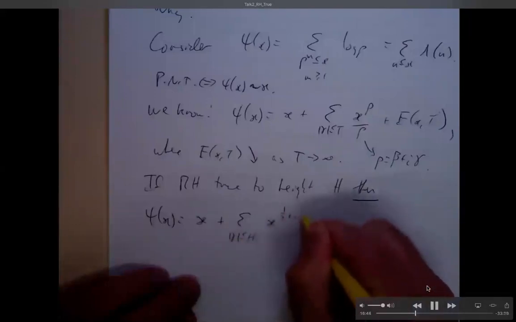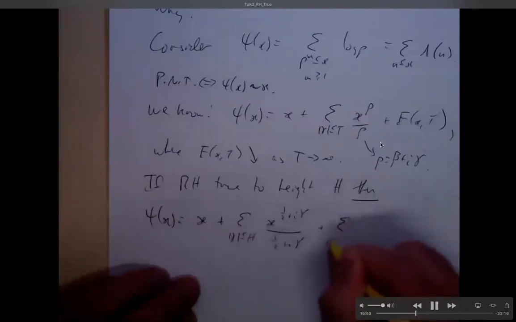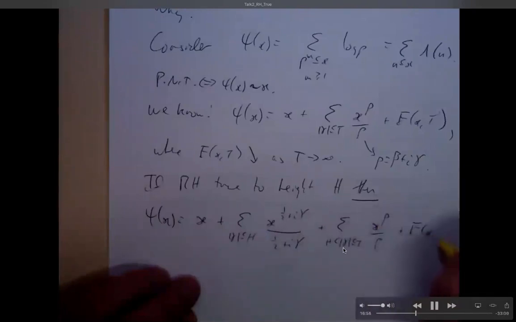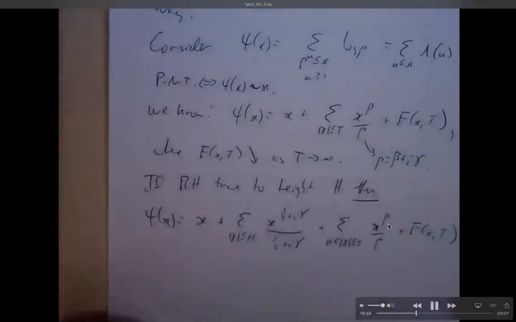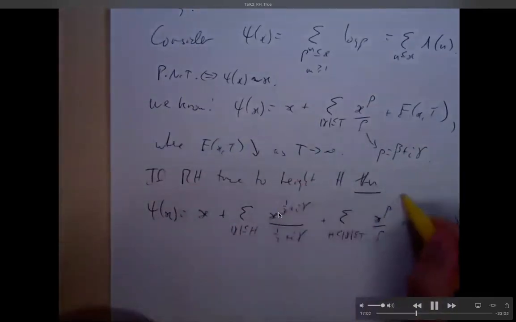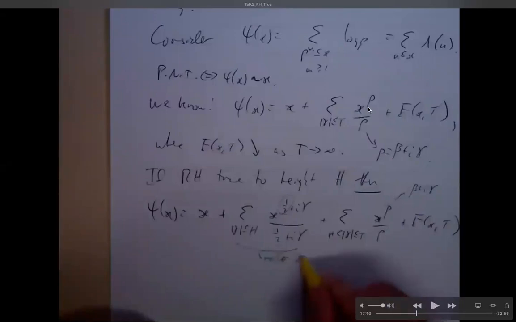Well, then I can split this sum up into 2 chunks. One piece will be the gammas up to height h, and they'll have real part half, and then there'll be the gammas that are bigger than h, and they'll have real part whatever they have. So what that means, this real part 1/2 is in general much, much better than the real part I would otherwise have got. Remember, if I don't know anything about the zero, this real part here could be as big as 1 for all I know, or like 0.99.